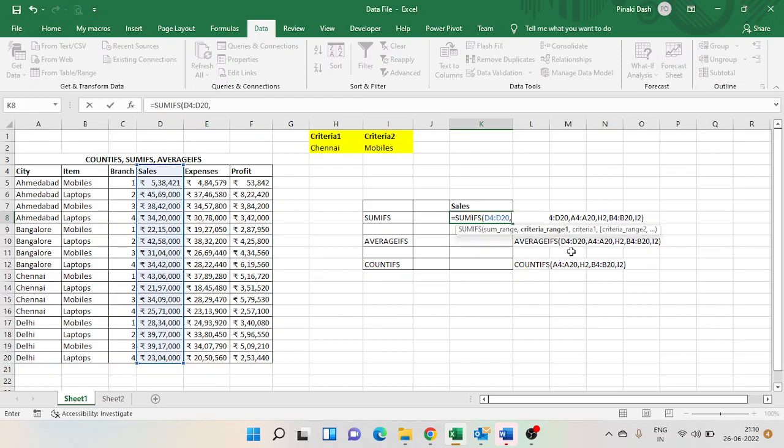comma. Now it asks for criteria range 1. As we see here, our criteria 1 is Chennai. So we'll have to select the city column as criteria range 1, comma. Now it asks for criteria 1. As I've already mentioned it here, it is Chennai. So we'll simply give the reference of this cell,